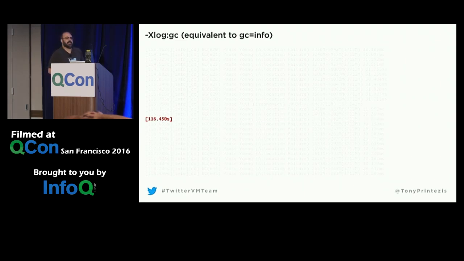The first thing to point out is that the first part of the record is a timestamp. Again, it's in seconds since the start of the VM, right? Very similar to what we saw before. Something that is going to catch a lot of people, though, is that this timestamp corresponds to the time the log record was generated, not the start of the GC. So if you want to find the start of the GC, you have to subtract the time of the GC from that timestamp, OK? And it's different compared to verbose GC. So keep that in mind.